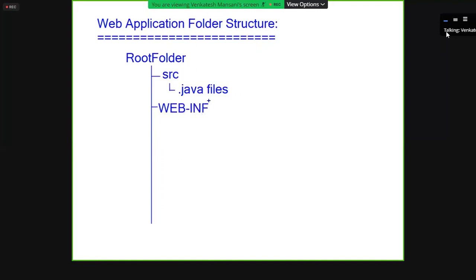WEB-INF. It should be in capital letters only. That should be a hyphen only. If you write an underscore also, error. If you don't write capitals also, error. That you have to follow. WEB-INF should be capital letters, with a hyphen. In that folder, you have to create one more folder called